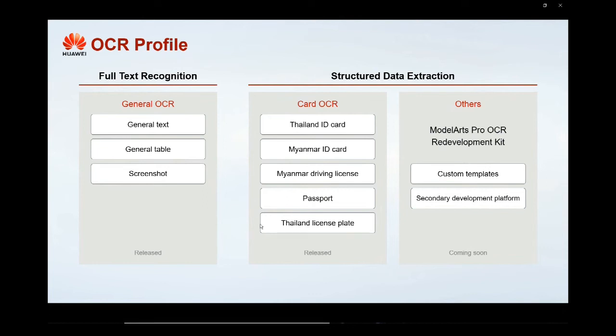We focus on these; they are examples, not all. So we release some card OCR functions and others before, in the Models Pro OCR developer kit. We have some